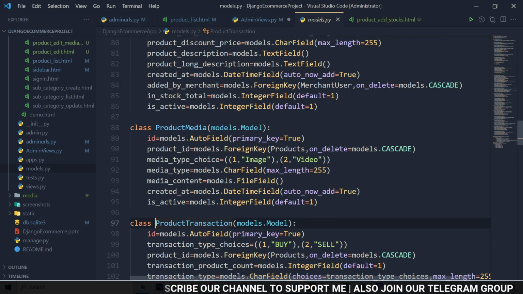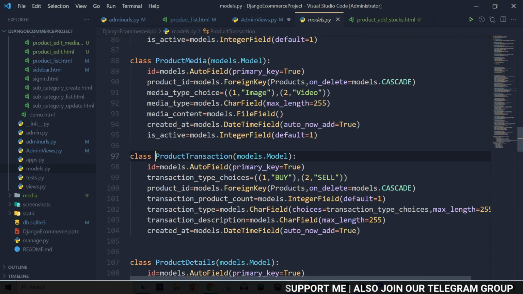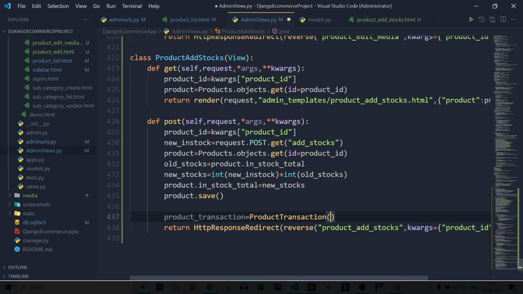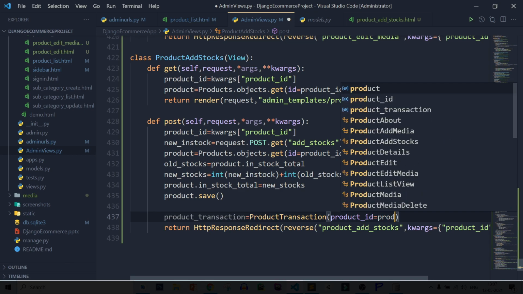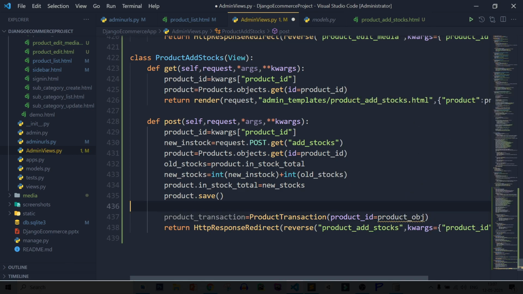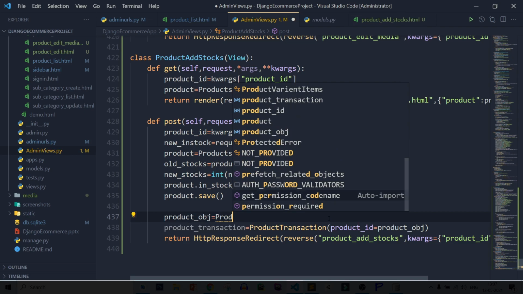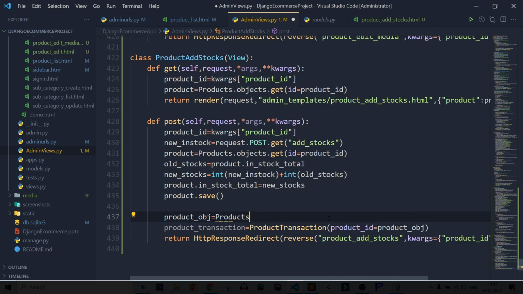Let's see, product transaction, product id. So product id equal to product obj, product obj equal to products dot objects dot get id equal to product id.